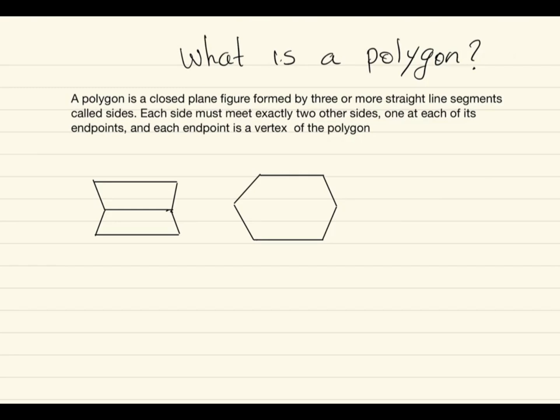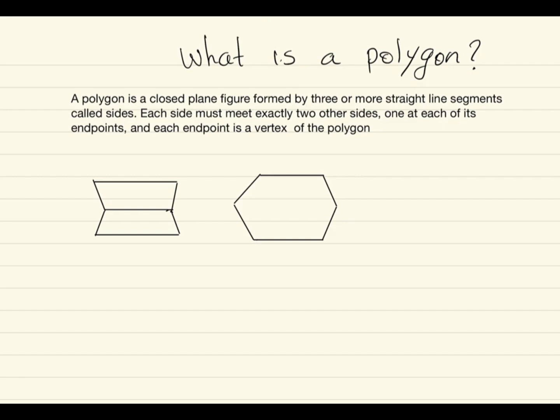Today we're going to learn what a polygon is. So we're going to start with the definition. A polygon is a closed plane figure formed by three or more straight line segments called sides. Each side must meet exactly two other sides, one at each of its endpoints, and each endpoint is a vertex